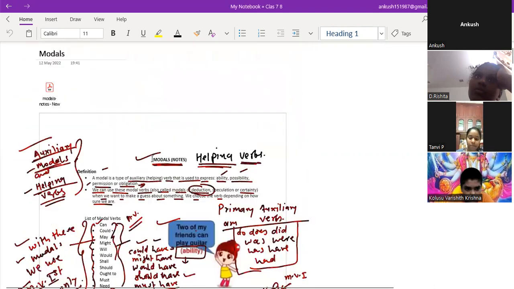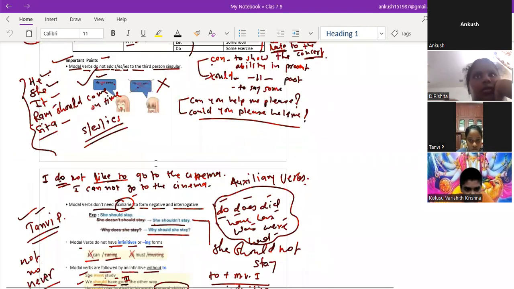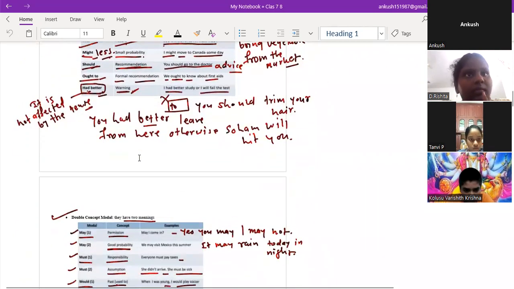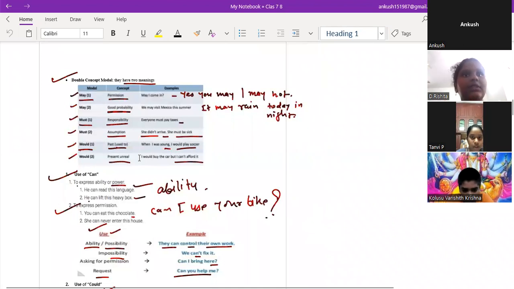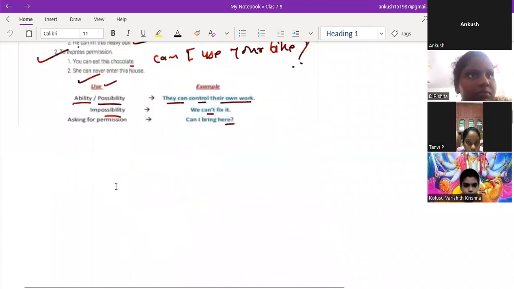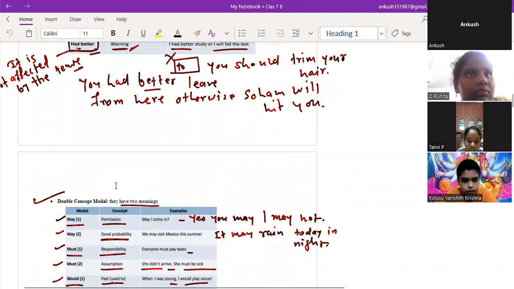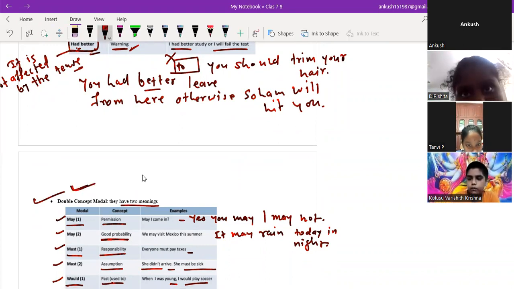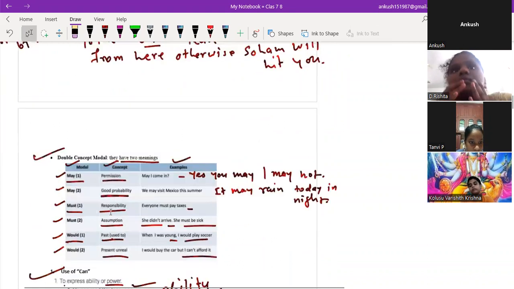So, beta, this much we had learned: what the models are, and after that, the uses of models. Are you able to see the screen there? Yes, sir. Is it clear to you all? Yes, sir, but a little less. It may be a network issue. Okay, now see this one. Here we have seen the models, their concepts and their examples. Those things we have learned.